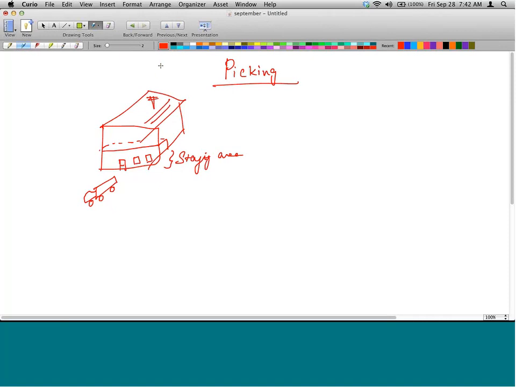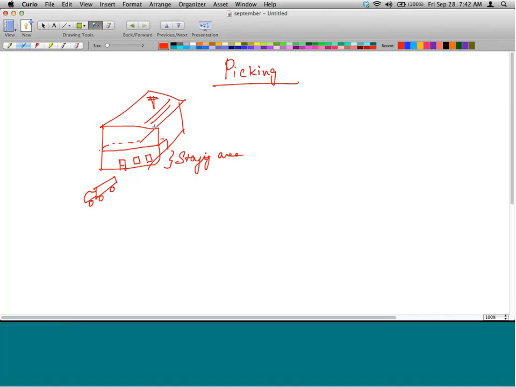Imagine a Costco warehouse, right? You go to Costco, the way it is stored is very different from the way Walmart stores things, right? If you ask for milk, how will the Costco employee talk to you? He'll say, okay, fourth aisle, third column, or fourth aisle, second row, whatever, right? That's how he'll reply. But if you go to Walmart and ask for milk, they'll say, go to the refrigerator section, right? So Costco is the nearest thing that we as end consumers have seen to a warehouse.